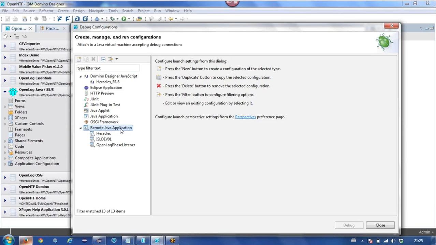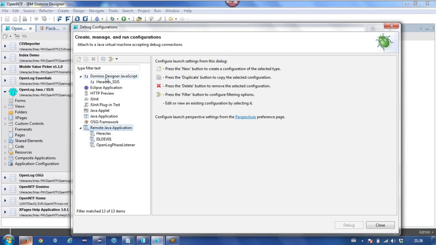It's not running native to the browser or native to Domino Designer. So it's a remote server, right? Yes. And so it has to make a connection to the remote server. Yep.